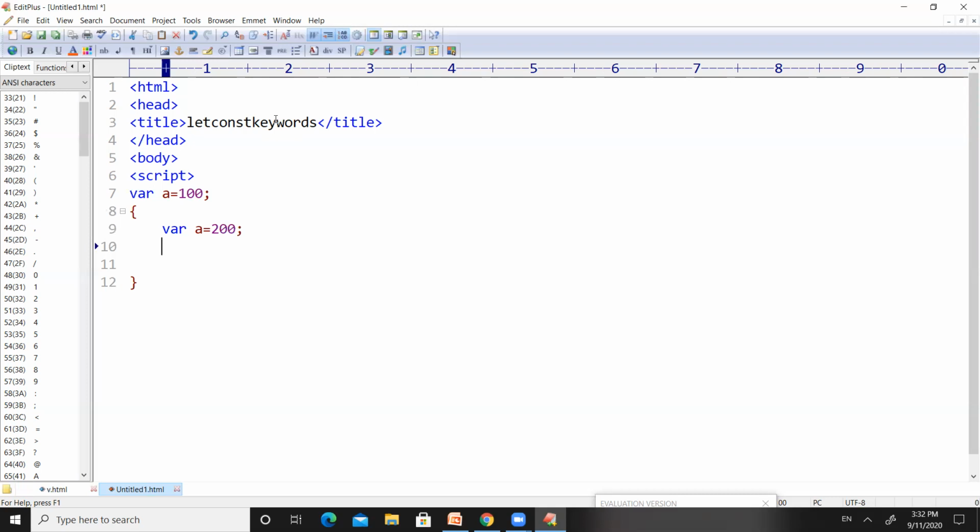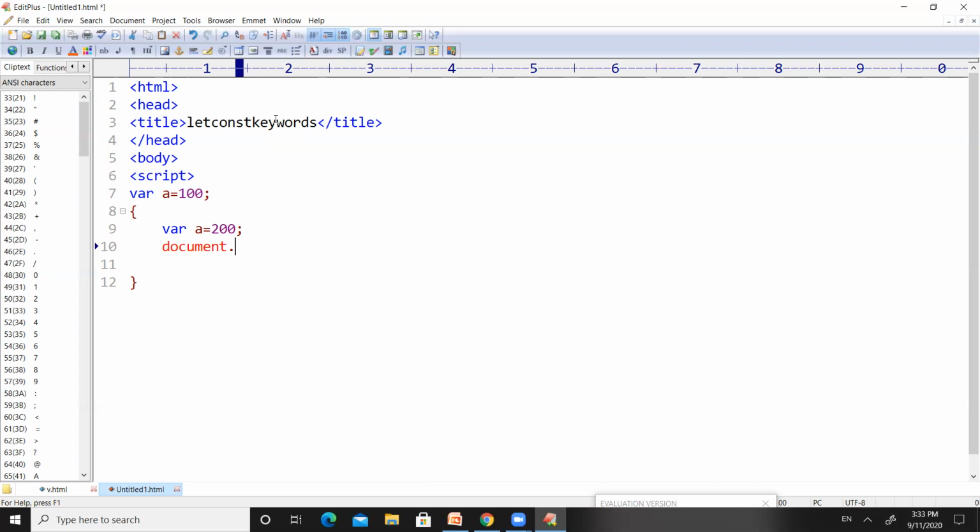Here, if we want to display something on the output screen in JavaScript, we use a statement called document.writeln. Document is the name of the object, which is similar to Java. In Java, we use System.out.println, where System is a class name, out is an object name, and println is a method name.